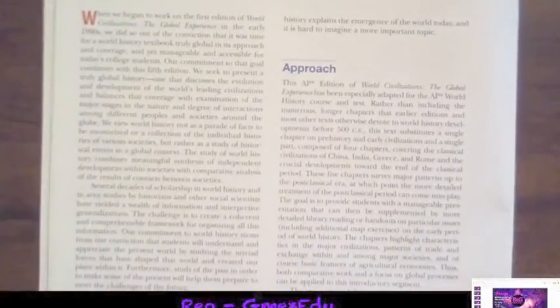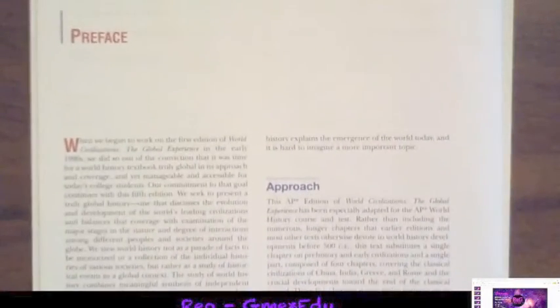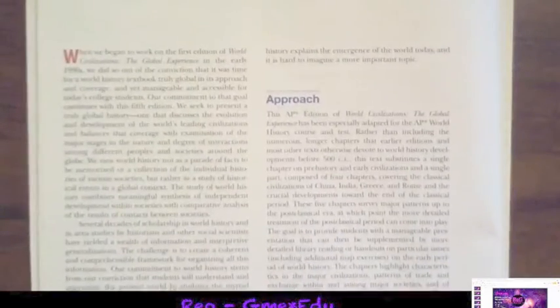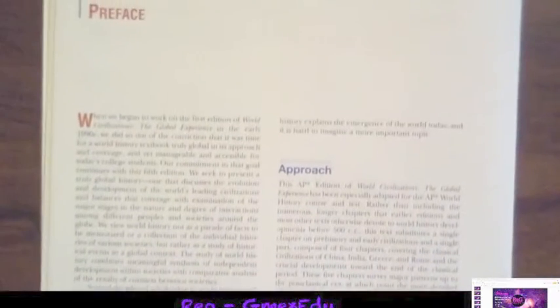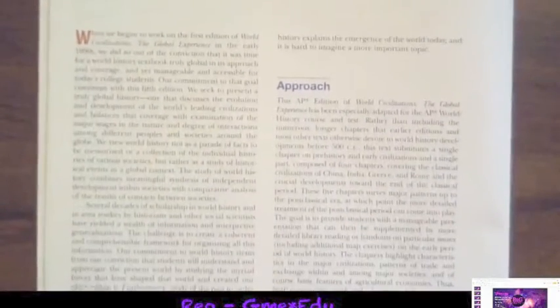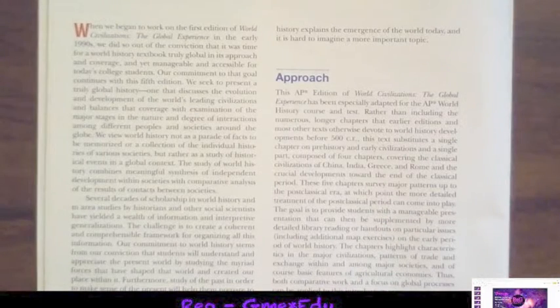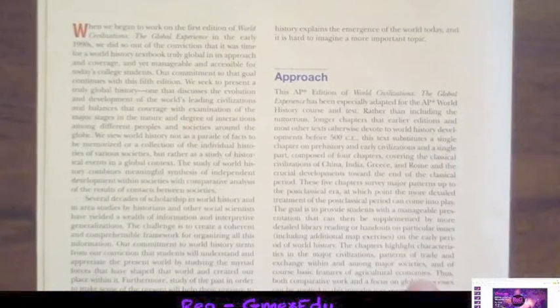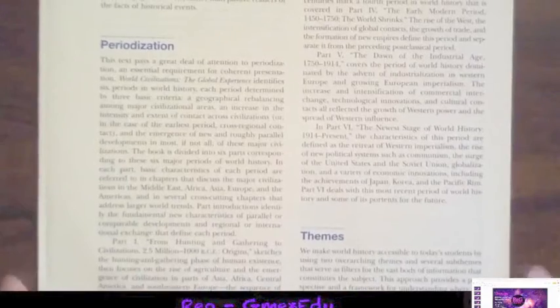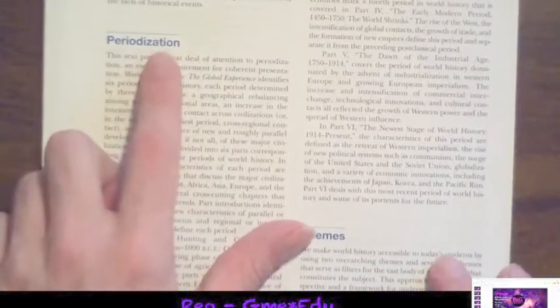Now, as a teacher on the daily grind, you're not reading the preface of every book, but I always would refer to a preface, especially if I questioned the textbook at any point, right? So in this case, it's great that they talk about their approach. So if I did have a question when I came up to some material in their text, I could go back to this preface and say, okay, here's how they approached it, and that's why it's presented a certain way. I could also get some broader understanding for when they do talk about theme or how they use periodization.